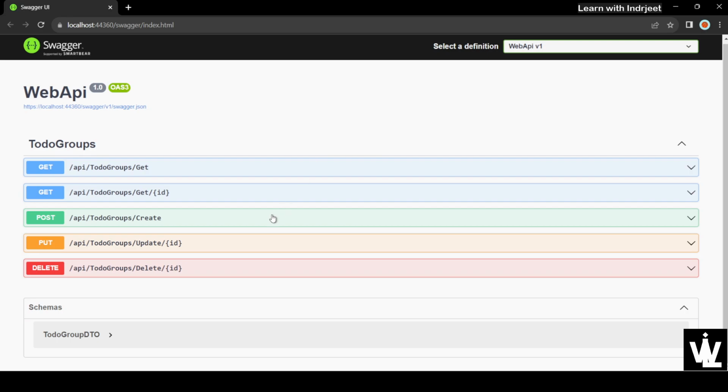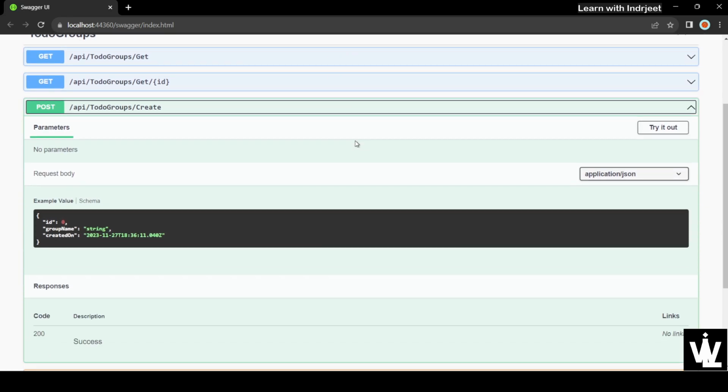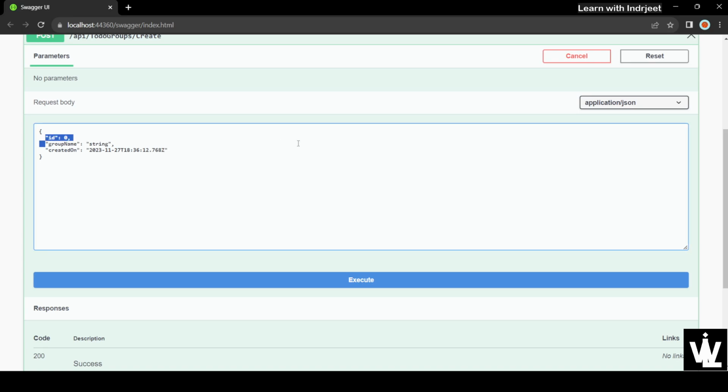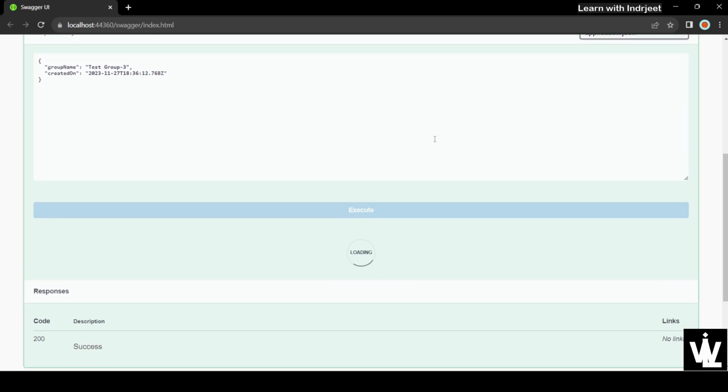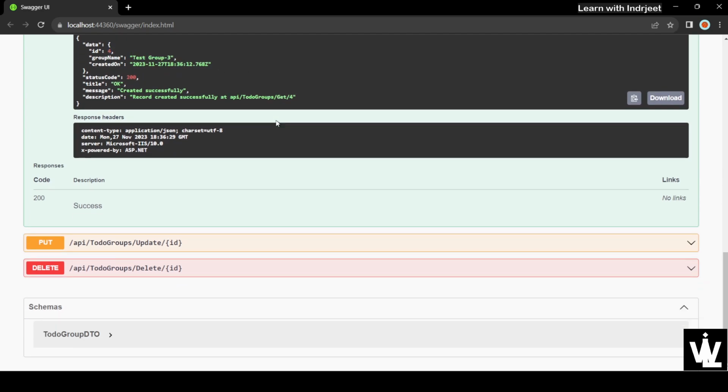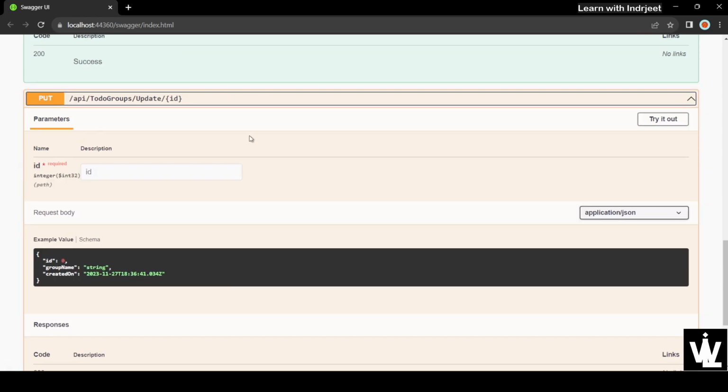So here in Swagger, let's try the create endpoint first and try to create another test group number 3. Fine, so let's execute that. Okay, so this test group 3 is created with ID number 4. That's okay. And let's now try to update this